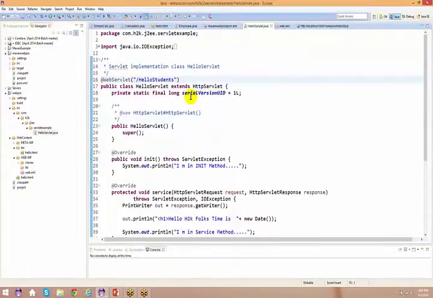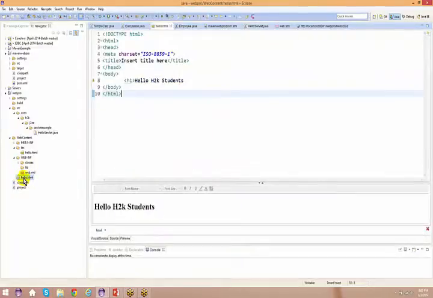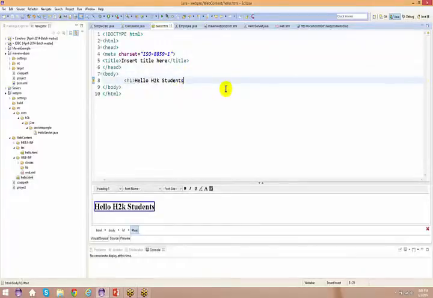Okay, now here I have my annotations, and there is a hello.html, and from your hello.html basically nothing happens, right? But I want to do something from my hello.html. So what do I do? I want to basically enter some information. I'll just use a form here. Form in the sense it's a tag in HTML, if you guys are pretty good at HTML. So we are going to see that.